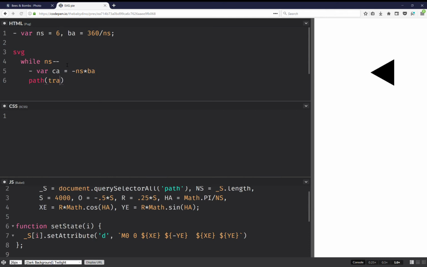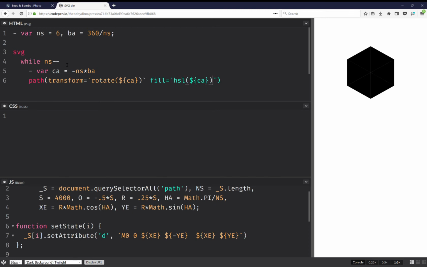And here I'm going to have transform, and it's going to be rotate, and here I interpolate the current angle. And to see things better, I'm going to set a custom fill. This one is going to be an HSL value, and for the hue I'm going to use that current angle. I'm going to max out the saturation, and let's say the lightness is going to be something like 35, and now they should look different. Okay,